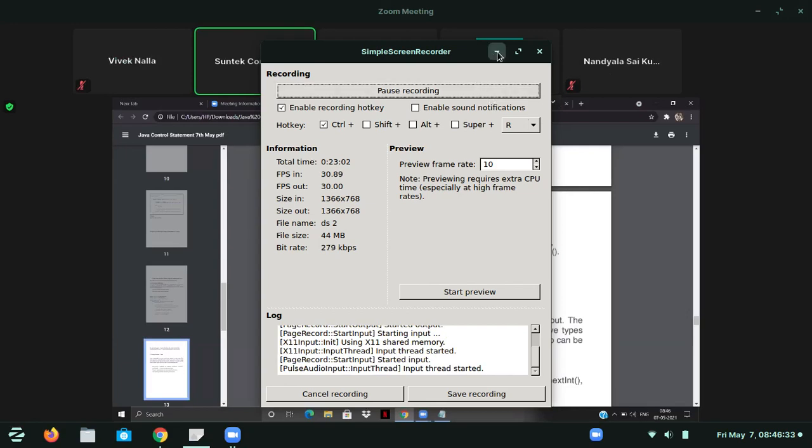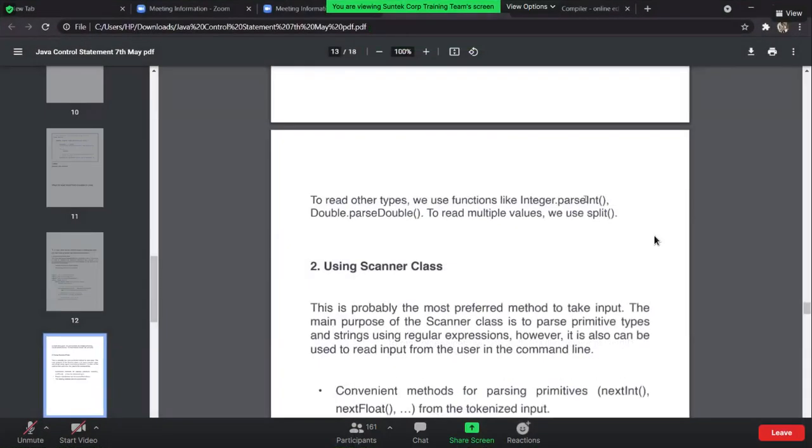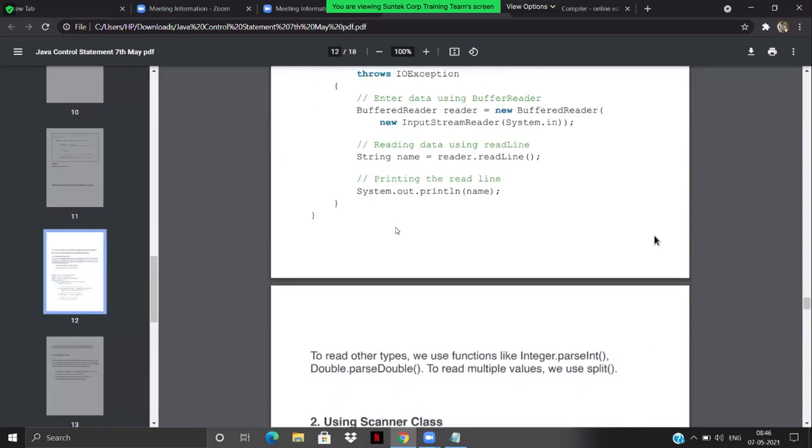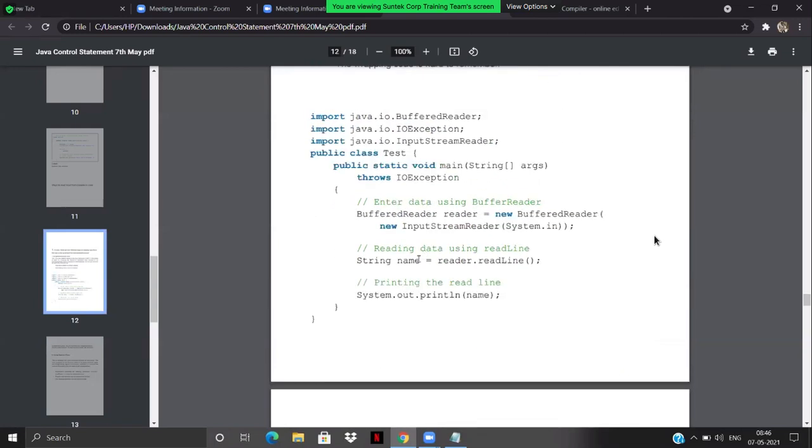To use Integer.parseInt, you need to pass it as a string so that it's going to parse. If you want to take it as a double, you need to parse it again. If you want to take multiple values, you need to use the split function. I will give you an exercise to give it a try for these questions. How exactly are we going to take an input if we have to take it as an integer? If not, I can explain it in the next class.